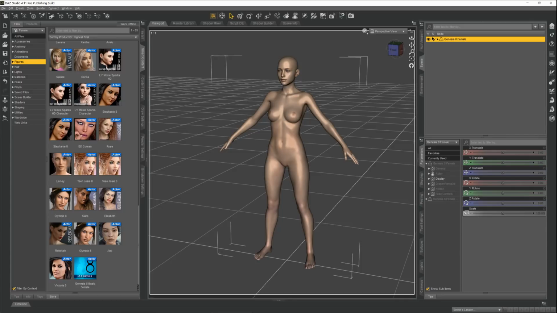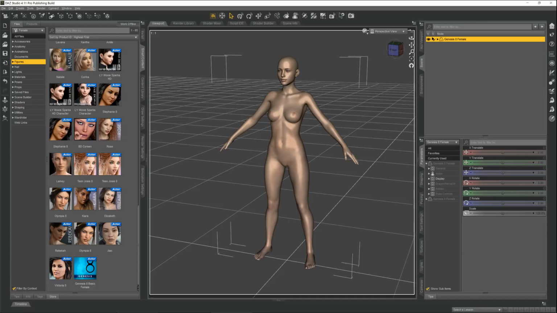So for any of you who don't already know this, in the DAZ system, in DAZ Studio, there's what is known as the base character. And for quite a while now, the base character was called the Genesis. There was the Genesis 2 and Genesis 3 and so on. And they skipped from Genesis 3 to Genesis 8, which is the most current base character and the one that